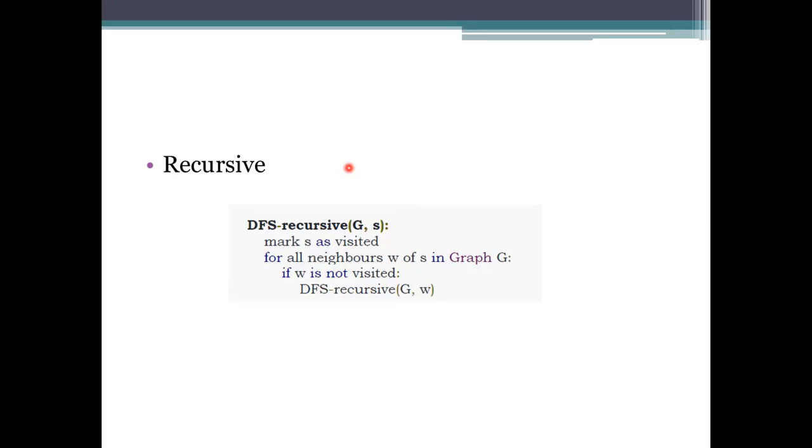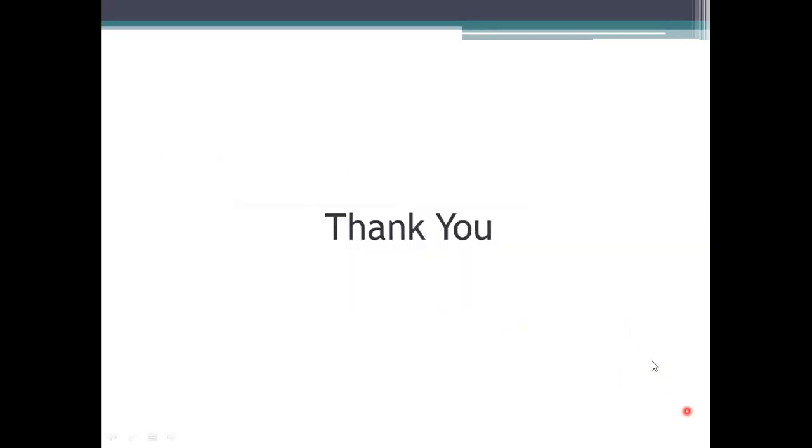If it is visited, okay. If it is not visited, call this DFS recursively. That is, here we are updating the value, which is W. Since it is the source, W is the neighbor of S here, so we need to record that. Again, it will take the neighbor of W, and start the processing like that. So that's about the traversal algorithm, which is DFS. Thank you.